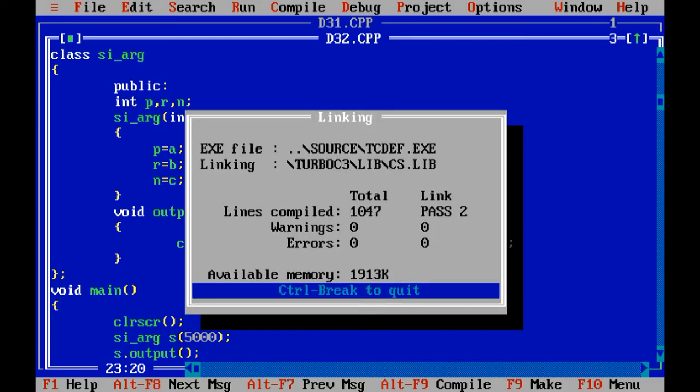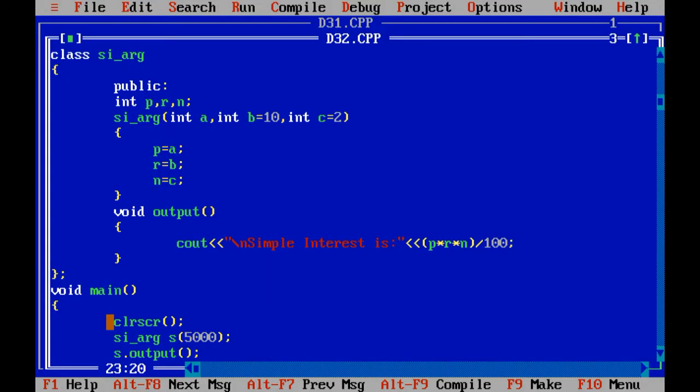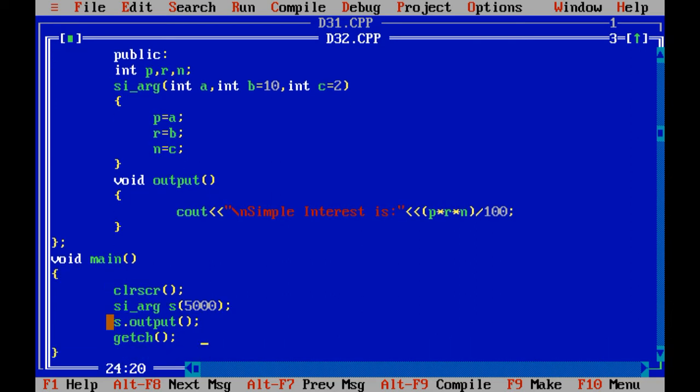Let us execute. Simple interest is... We have passed the value 5,000 over here. A equals 5,000, b equals 10 and c equals 2. So 5,000 multiplied by 10 is 50,000.